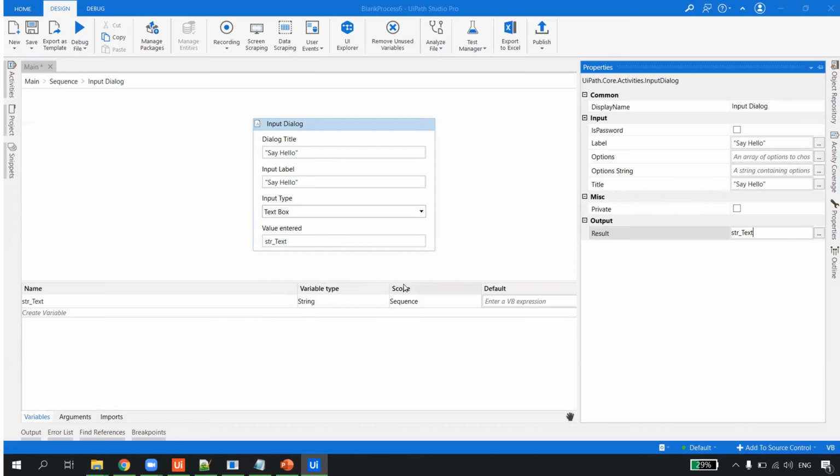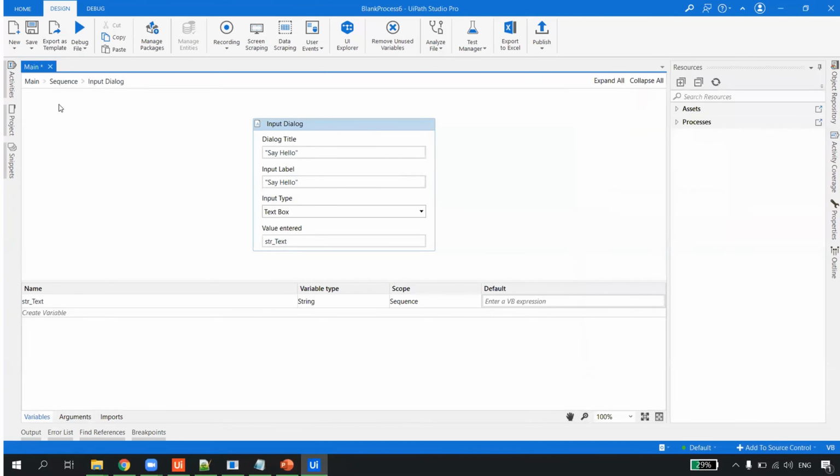It is always best. And since I already know that it is of type string, it is always a recommended way to name this with str underscore text, right? Don't just randomly name the variables, because whenever you are doing a big automation or a larger automation, it would create a problem. So the first lesson is rename the variables as per the naming conventions. If it is integer, we write int underscore. If it is string, we write str, right?